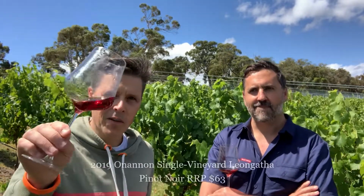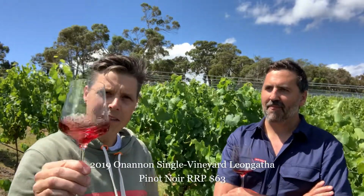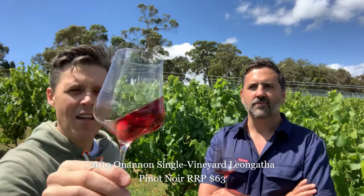I'm here in the vineyard with Will Byron, 1/3 of Onannon, of course, with Sam Middleton and Kaspar Hermann. We're looking at the single vineyard releases from these guys. They're out now: one Chardonnay, two Pinot Noirs. This is a Pinot Noir we've got in the glass here, hence the redness. But not a huge amount of redness. This is a very, very light and quite fine Pinot Noir, I would say, from Leongatha, the Gippsland Pinot Noir